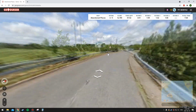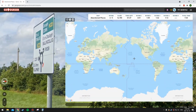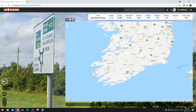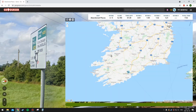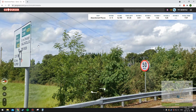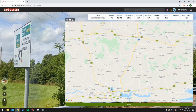Here we go. We got a highway sign. Again, I didn't really even look at the... Oh, I think we're in Ireland. I didn't look at the abandoned building at all. Okay, Cork is on N22. So Tralee and Cork. N22 is the one that I'm...